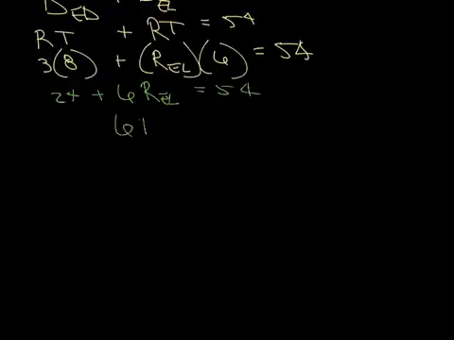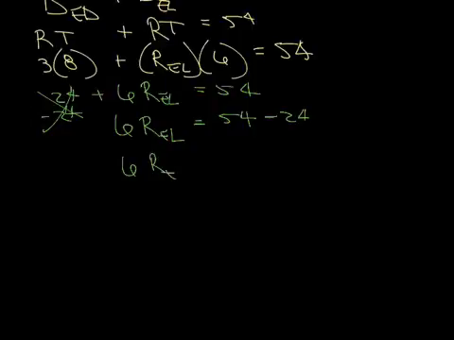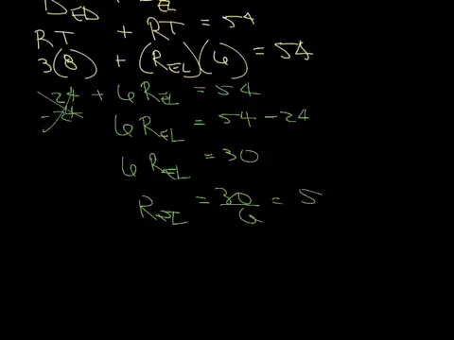Okay, so the 6 times the rate of Eleanor equals 54 minus 24. We subtract 24 from both sides, that goes away. So 6 times the rate of Eleanor equals 54 minus 24 is 30. So the rate of Eleanor is going to be 30 over 6, which means she was going 5 miles per hour. So she was either jogging or riding a pony